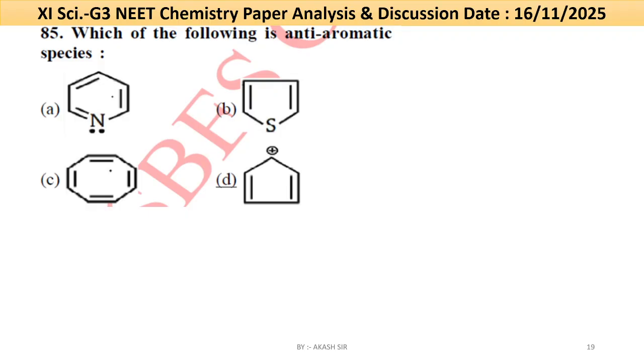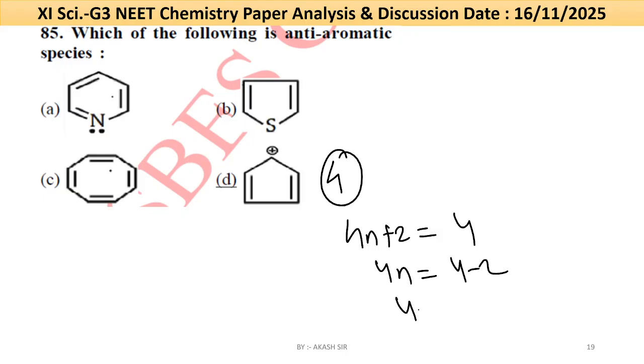If we look at option D, the structure is a cyclopentadienyl cation. This has 4 pi electrons, and is cyclic, planar and conjugated here. For 4n plus 2 pi electrons equal to 4, 4n equals 4 minus 2, 4n equals 2, so n becomes 1. So this complex is